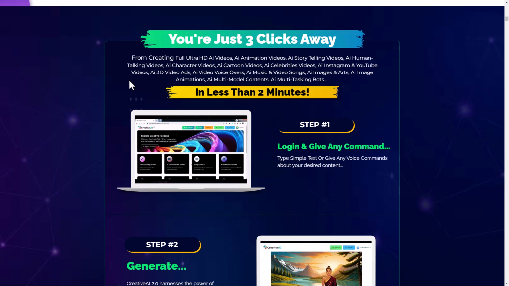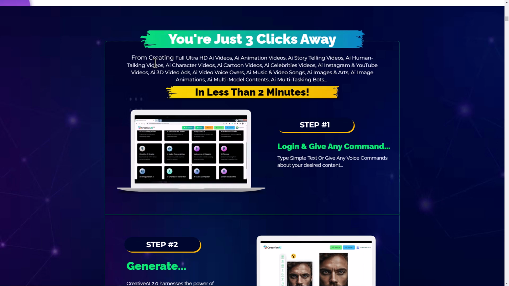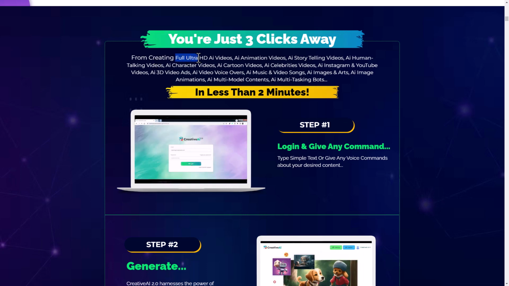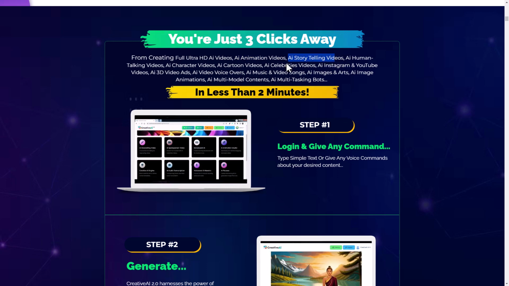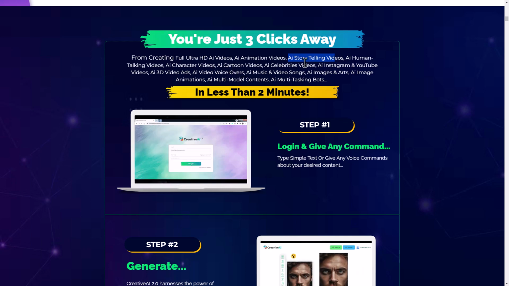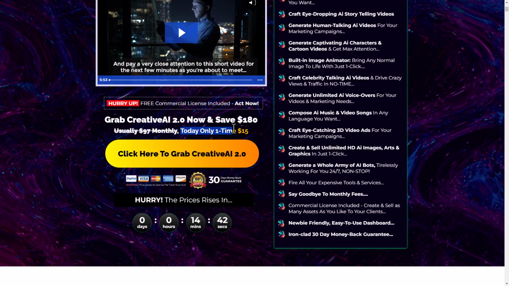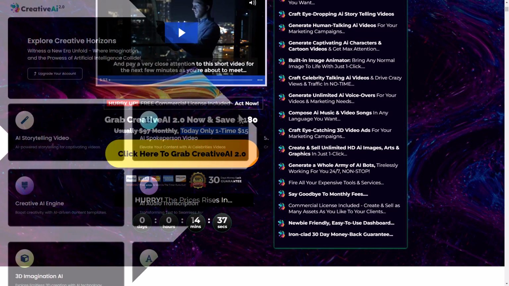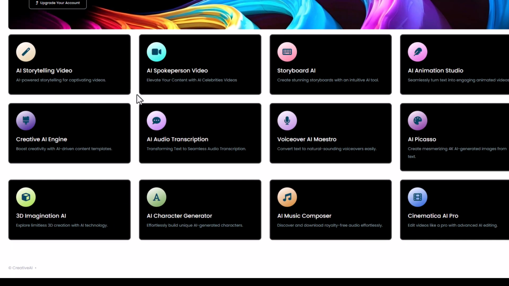Now, Creative AI 2.0 is software that has lots of AI tools in it. You can apparently create full Ultra HD videos with AI animations, you can tell stories, you can do talking head videos, AI character videos, AI cartoon videos, AI celebrity videos, 3D things, 3D ads, all this amazing AI stuff for a one-time fee of $15. So today I'm going to review this software and I'm going to see if it lives up to the hype. So I've logged into Creative AI 2.0 and you can see these are all the AI